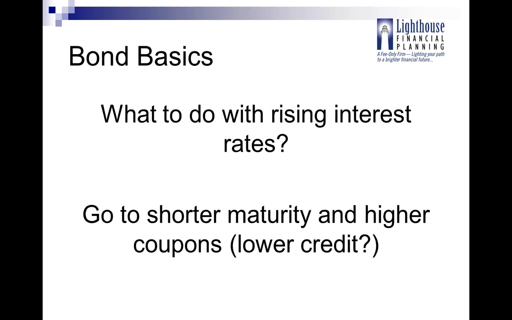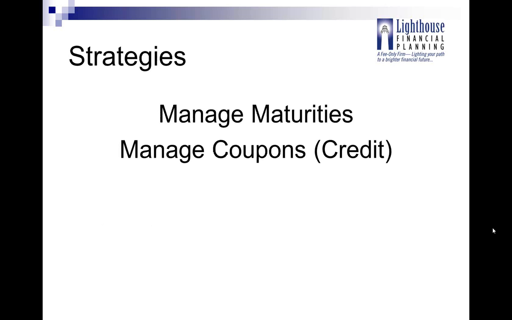So what do I do with rising interest rates with this bit of information that we've just looked at? Well, I want to have a shorter maturity, and I want higher coupons. That is, a lower credit issuer. That sounds interesting. Well, you might move from, for example, government bonds to investment quality corporate bonds. So you would get a little higher rate of return under normal times with the corporate bond, and I might move to a much shorter maturity than I normally would have, and that should reduce the volatility of my bonds if rates rise. So here's two strategies.